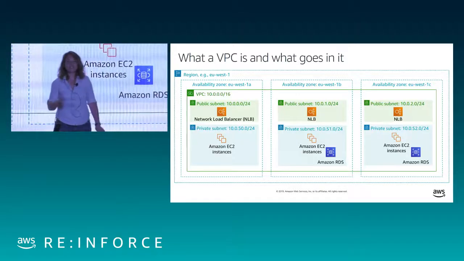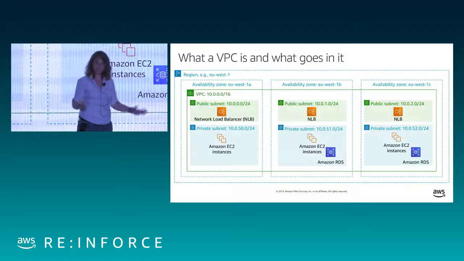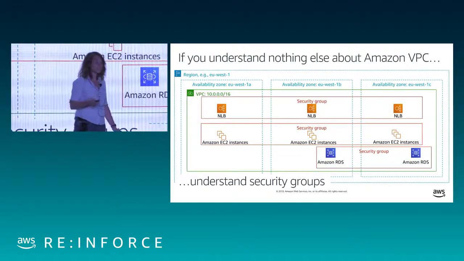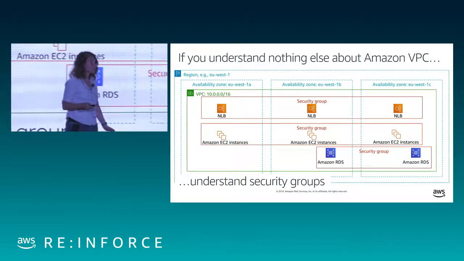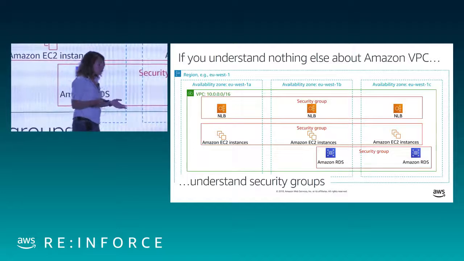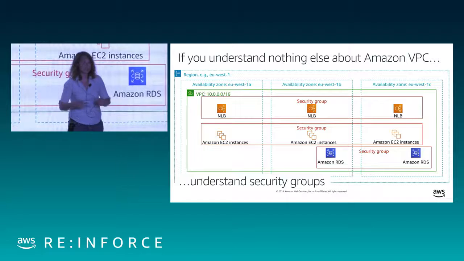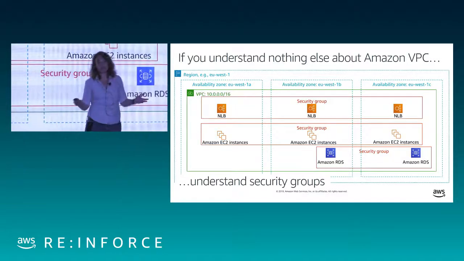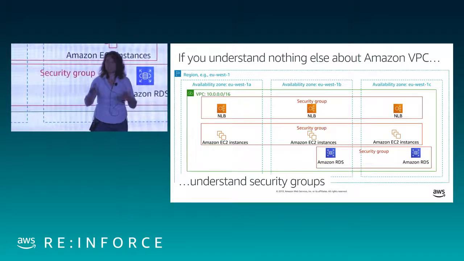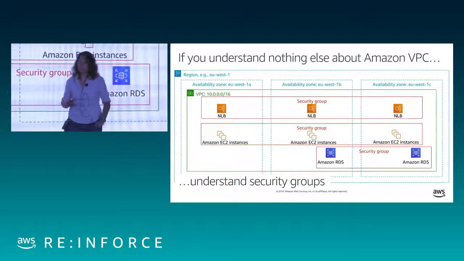If you understand nothing else about VPC networking as a security person, I want you to come away understanding security groups and how to do them. It's a very straightforward concept. So what is a security group? For those of you with a little bit of network background, and don't worry if you don't have it, they're stateful firewalls. That's what they are. They have ingress rules, they have egress rules. They're stateful, so they track connections. If that didn't mean anything to you, it's fine. I'll give you an example.